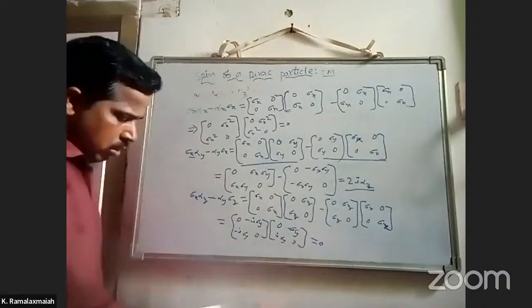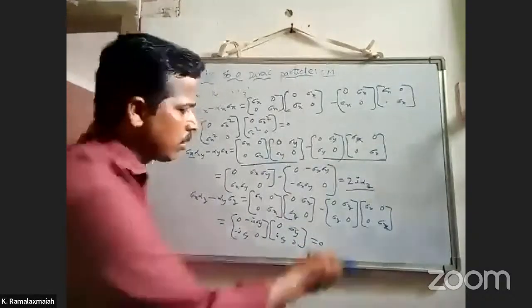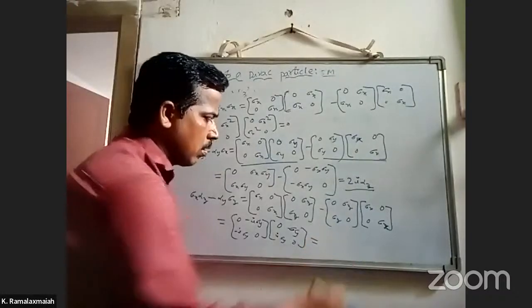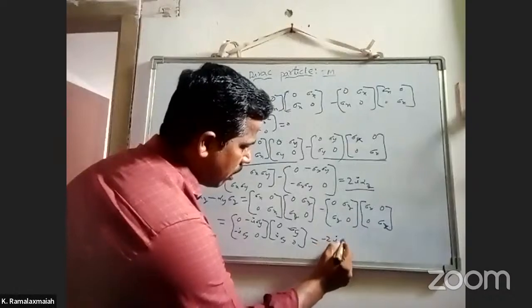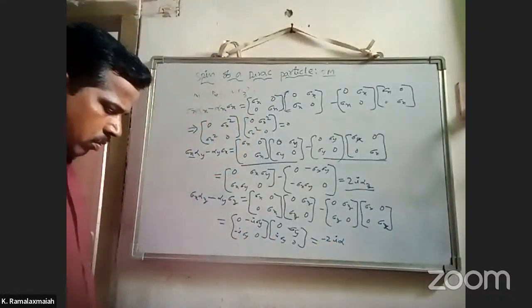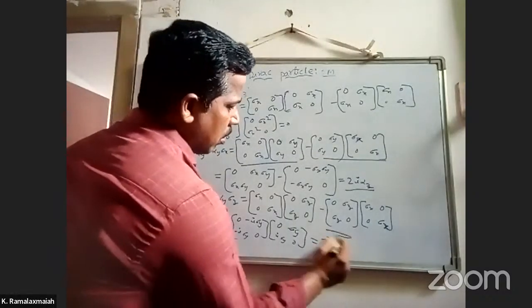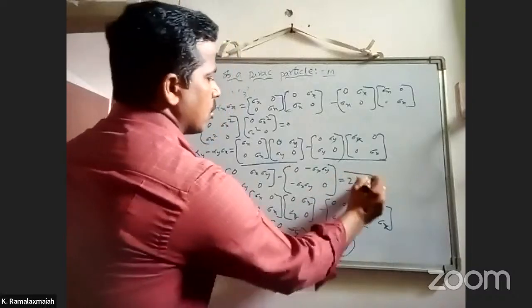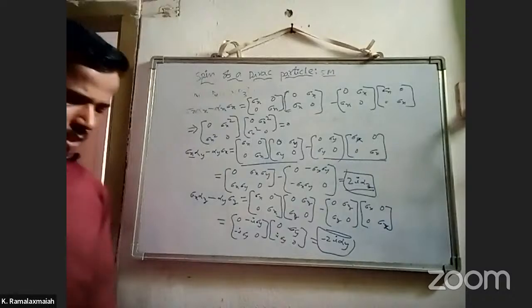This is also equal to minus 2i alpha y. This is alpha y. Also minus 2i alpha z. Okay. So next